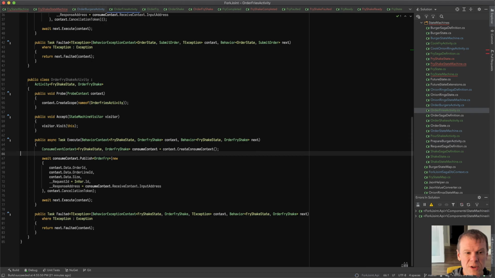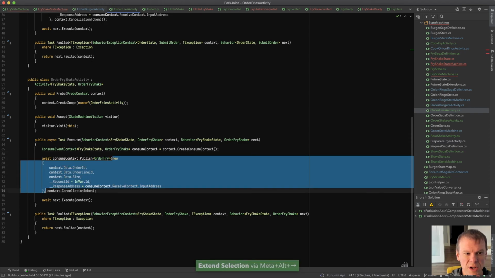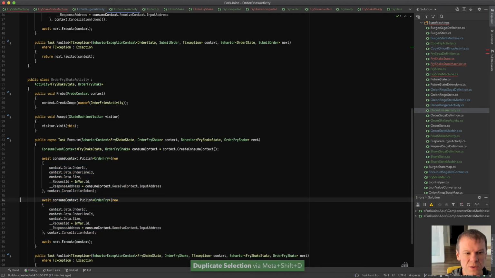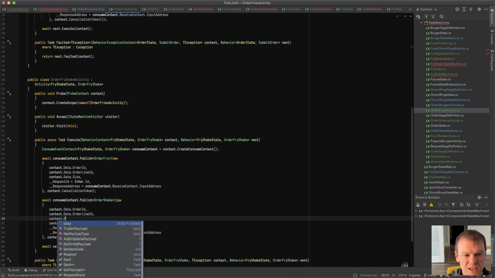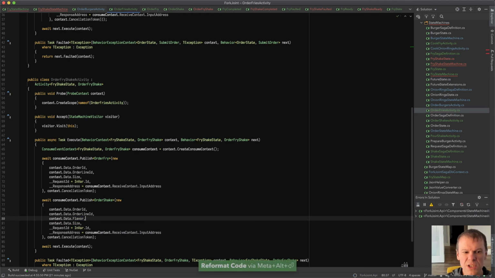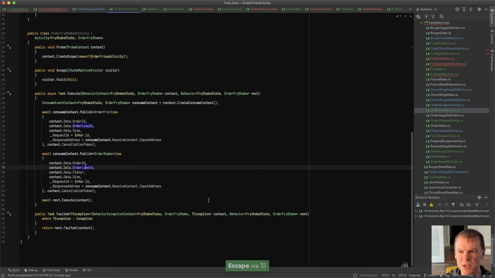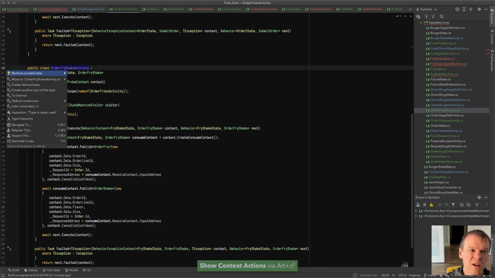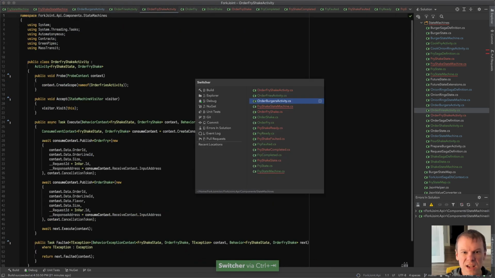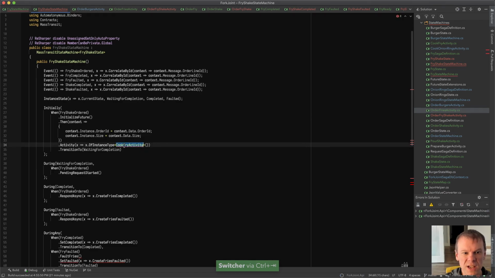Okay, so first one up, I ordered the fry. Now we've got to order the shake. Pretty complicated. I always pick the worst possible place to expand selection. I just don't know why. We're going to order that shake. We're going to put the flavor that we savor in here, context.data.flavor. And we're just going to assume that the shake and the fries are the same size. You get a big shake, you're going to need a lot of fries. Pretty simple. So we're going to move the order fry shake activity, go back to our fry shake state machine,